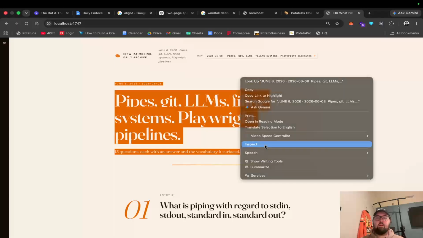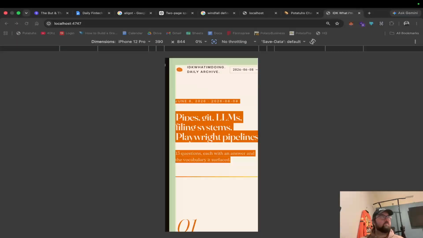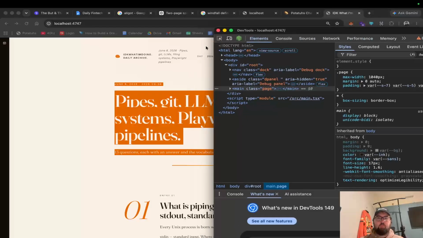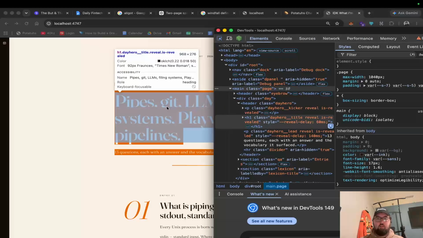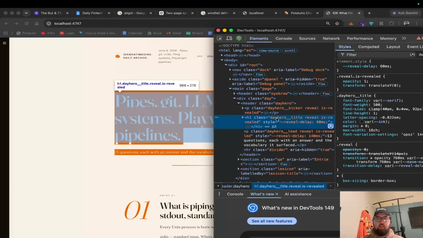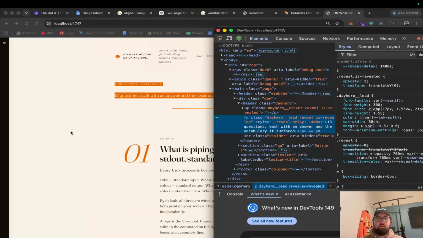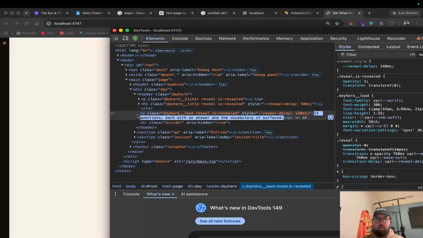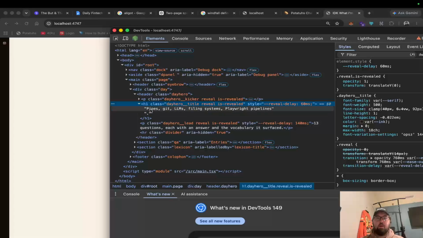I could find it if I go into the inspector. If I go into the inspector, see how it hovers over this? I could delete this in the inspector, it's gone. You see it says 13 vocabulary questions, each with an answer. I don't even think that's the part that I'm talking about. It's probably in here. Yep. Pipes, Git, LLMs, filing systems, Playwright pipelines. That's all well and good. However,